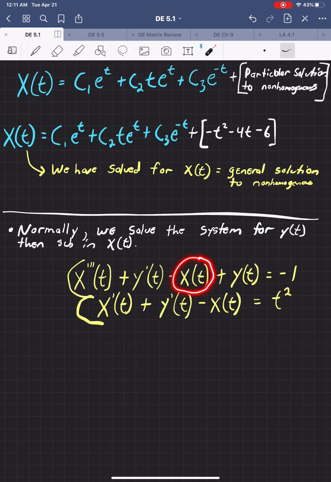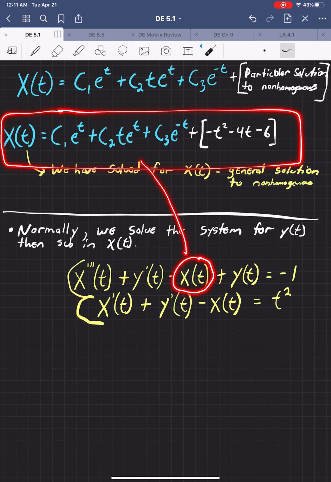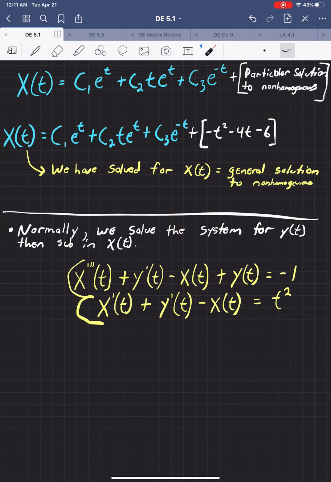That's easy. I can plug in this right here for the x, and then I can take the derivative of that, or in this case, the third derivative of that. I can plug in for x triple prime. That's, again, not a problem. But the problem is I don't know what to plug in for y prime because I don't know what y is. So how do we get around this? Well, let me just show you